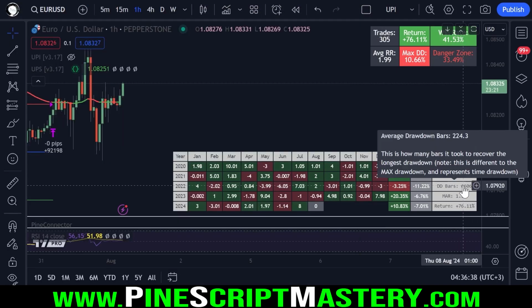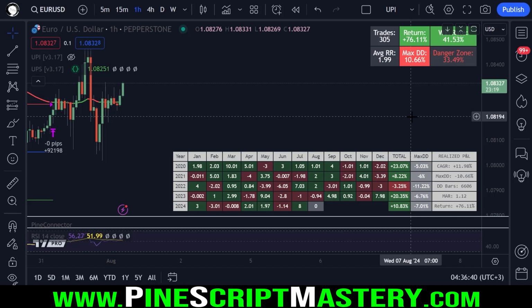That's 270 days. So that's nearly a full year of drawdown, which is honestly to be expected. No system is going to be profitable every single year. You are going to encounter times where a system doesn't perform for up to a year. That's not uncommon. That is why, personally, I trade many different systems over many different time frames, many different